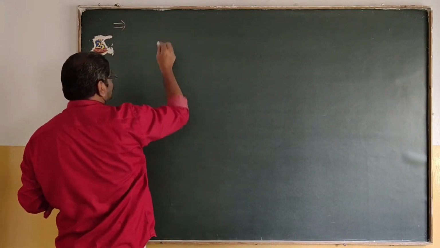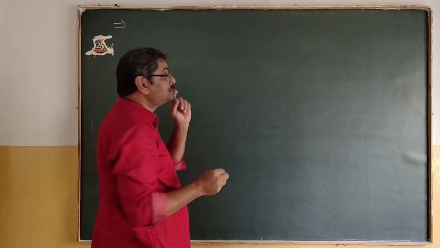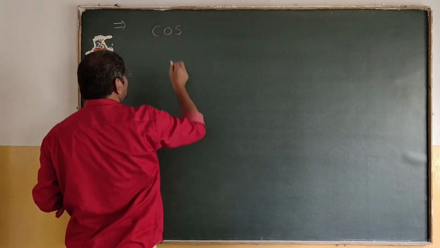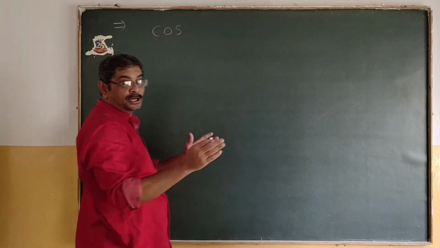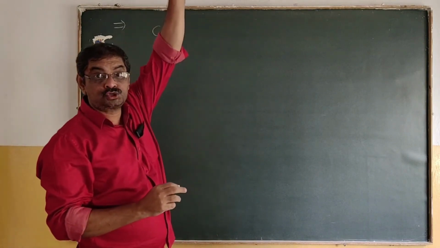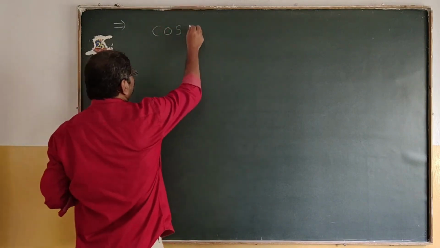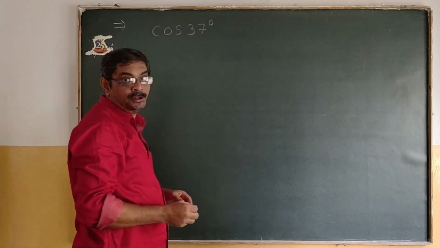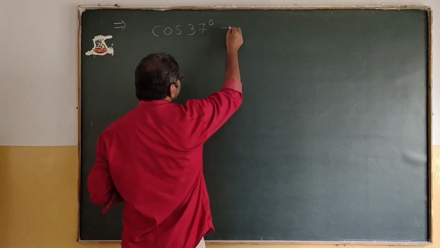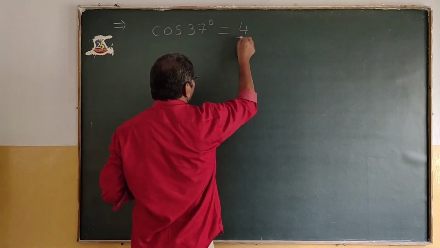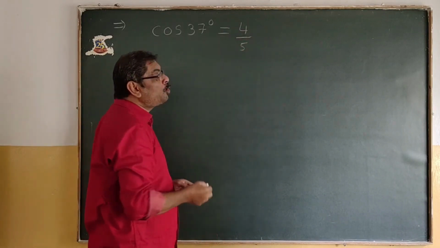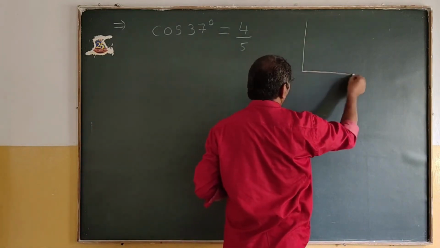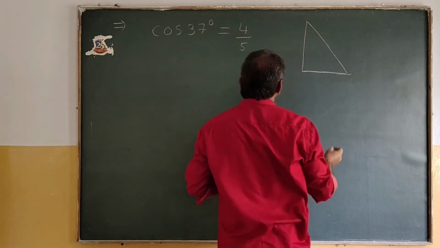This will be given in most of the numerical problems in physics. Always remember, it's a very important thing that will be given in most of the numerical problems, and one has to remember the value of cos 37 degree. So remember, cos 37 degree will be numerically equal to 4 by 5. That's the reason why, if I draw the right angle triangle,